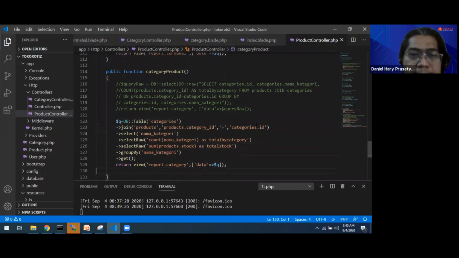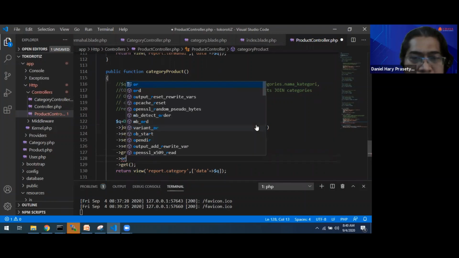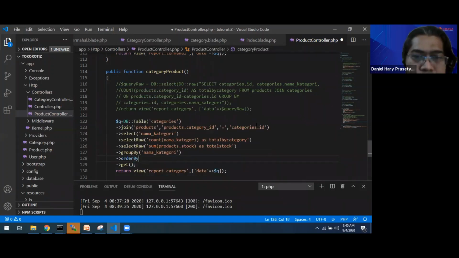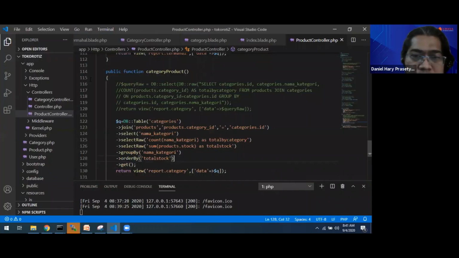This one. If we want to, for example, order by total stock, for example, order by total stock, descending.